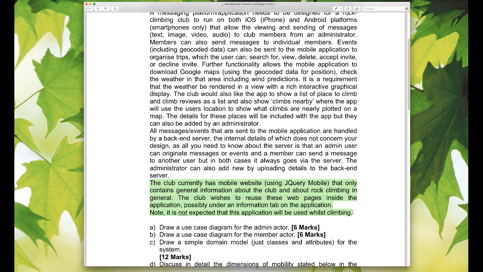So in this case, for this particular question, it's saying that the club has a mobile website already that just contains general information that they want to incorporate into this application. So they want to reuse these web pages inside their application in some way. So expect to be asked a question about this, and it also is quite important to make note